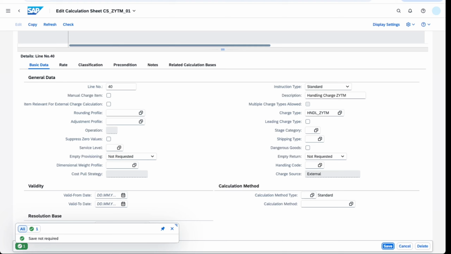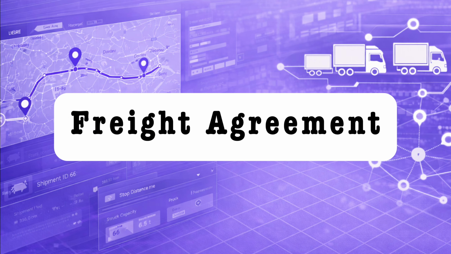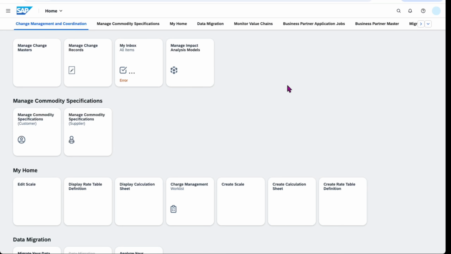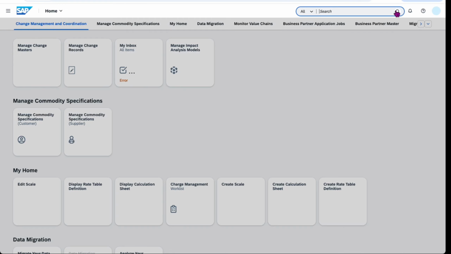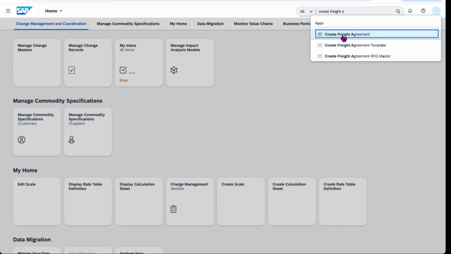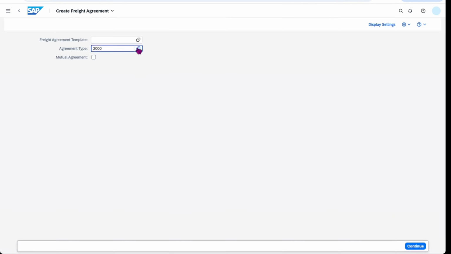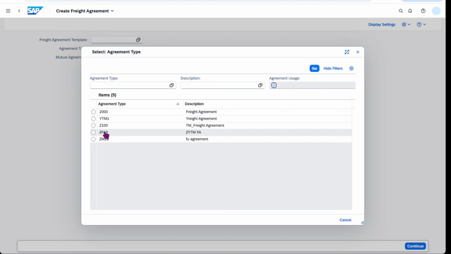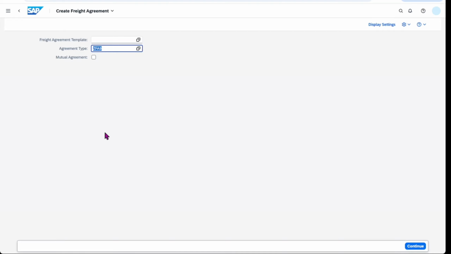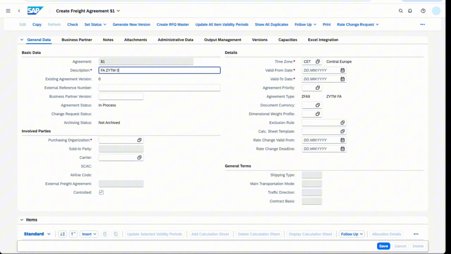Now we are ready to create a freight agreement. Go to Create Freight Agreement Theory app. Select the agreement type we created at the beginning of this video, then continue. Now let's enter a description,